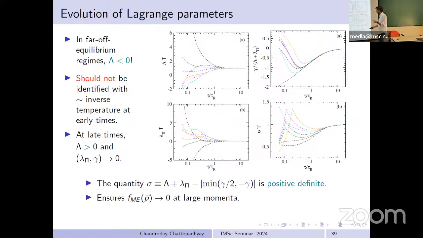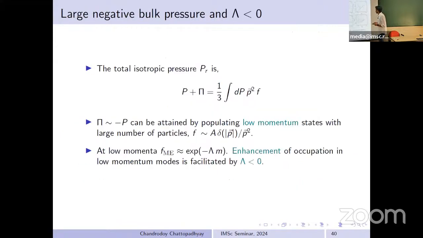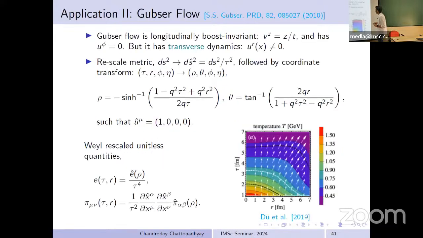The maximum entropy distribution function remains well-defined once this quantity sigma, which we just obtained, is positive definite; one can see it from the expression of the maximum entropy distribution, and everything stays fine. But this parameter lambda, which seems like a 1/T, can be very different from that when the system is far from equilibrium. And this plays a role in initializing the system with large bulk viscous pressures initially. But I will skip this now because I will go to